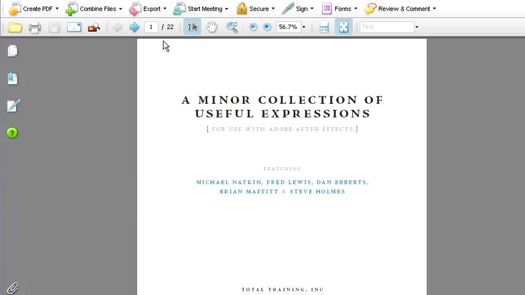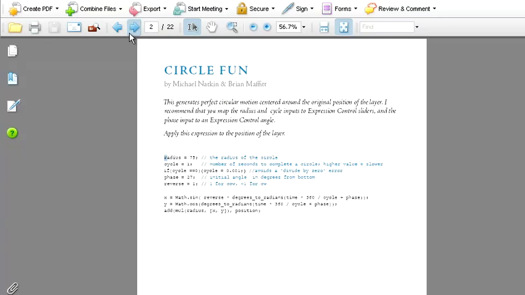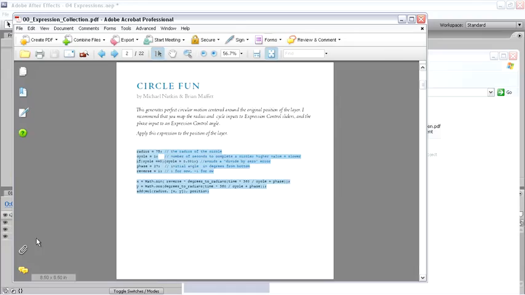If we navigate to the first page, which is actually page 2, we can see that there's an expression here which generates perfect circular motion centered around the original position of the layer, orbiting. All we need to do is copy this entire expression from this document, then paste it as the expression in our After Effects project. So we'll use Control-C or Command-C on the Mac to copy it into the clipboard, then